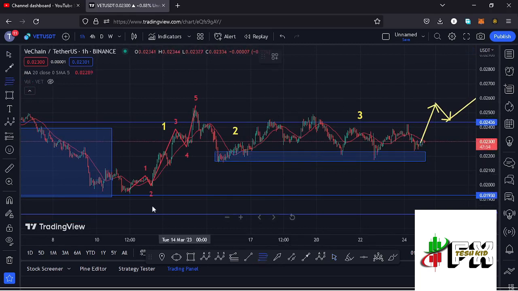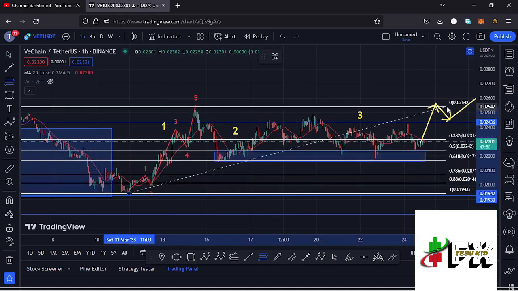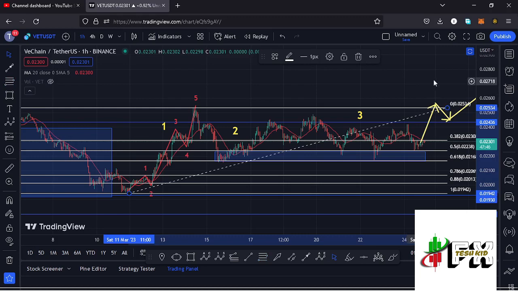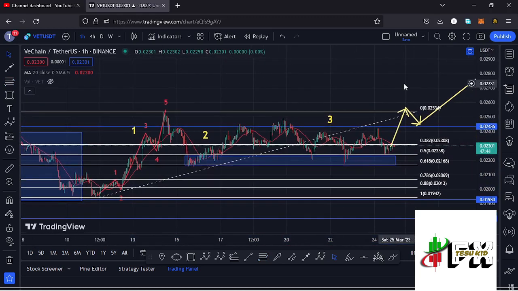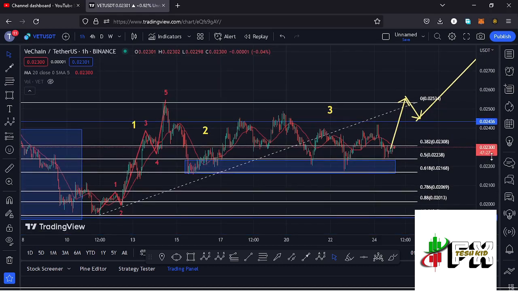And using the Fibonacci's, connecting them from the low of the first wave to the high of that wave 1, I was able to come up with the minimum retracement area in the formation of that wave 2 between the fib level 0.5 and the fib level 0.618, which is a target area that lies between the $0.02238 mark and the $0.02168 mark. And it is within this blue target area down here that I'm expecting to see the low for